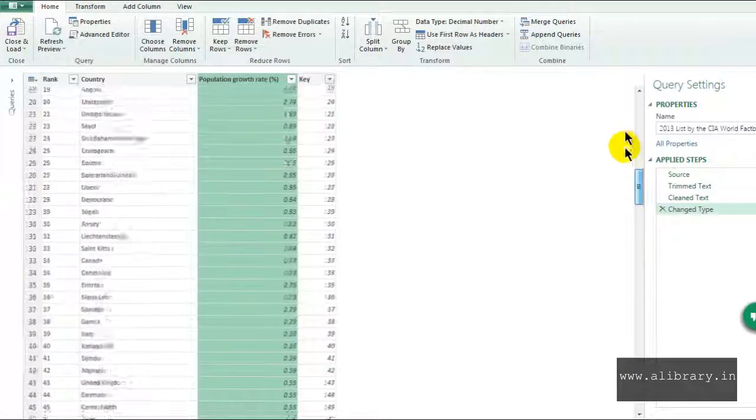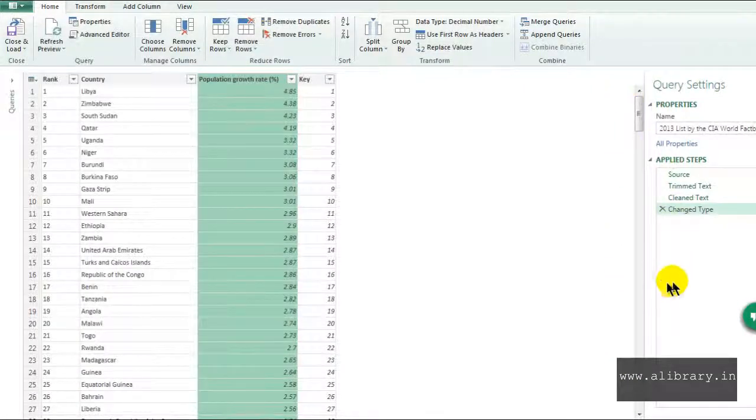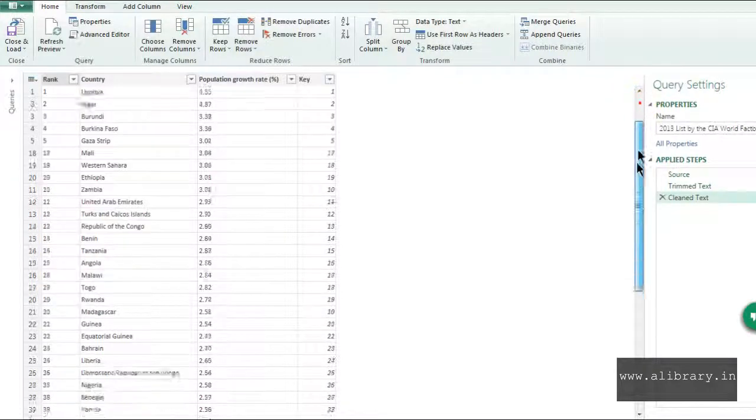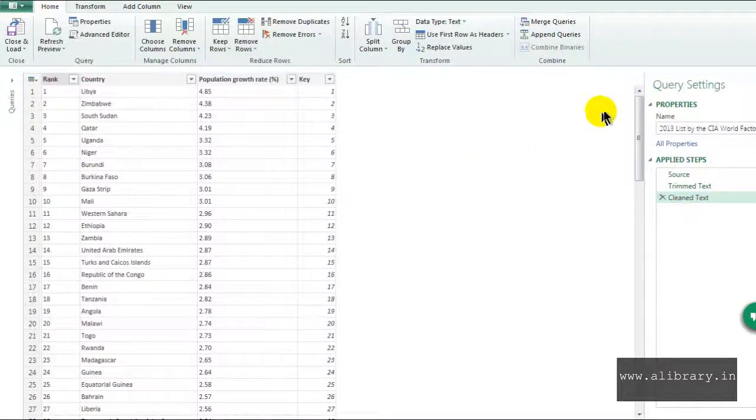Oh, you can see there are still some errors. So I'll just remove this now, change data type. Now what else can be the problem? Okay, so let's think of few. One way to get rid of these errors would be,